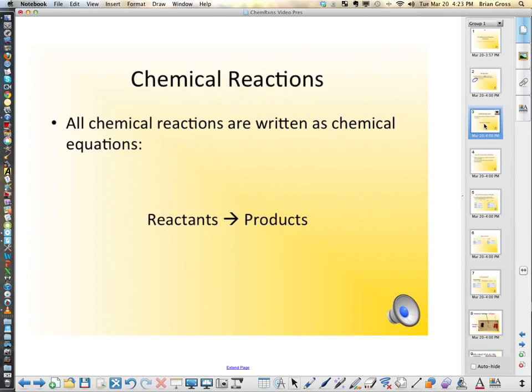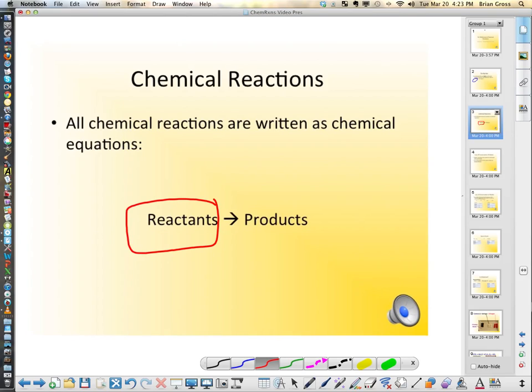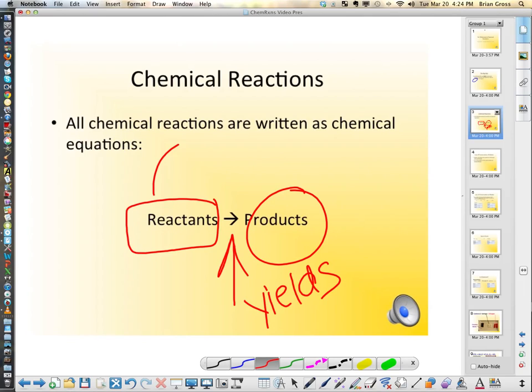So let's talk about chemical reactions real quickly again. I know we just did some review, but first of all, chemical reactions are always written as chemical equations. And as we've learned before, here on the left-hand side, we have the reactants, and on the right-hand side, we have the products. And this little arrow right here is the yields arrow. And that just means that the reactants yield or change into the products. And you guys know this. We looked at this with enzymes, but this just serves as kind of a quick review